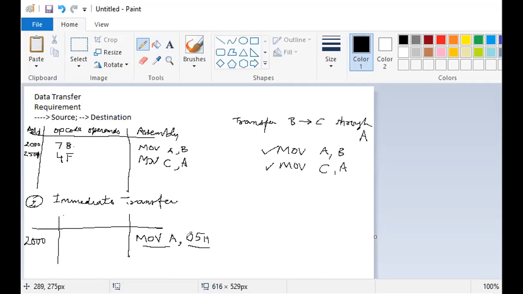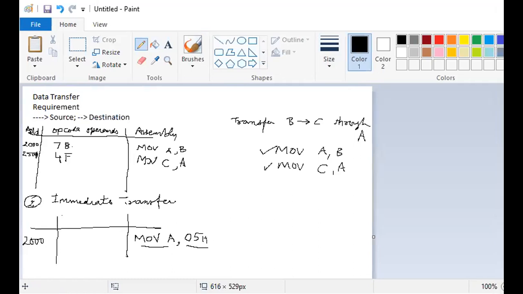The operation code for moving an immediate number into the register A, when you refer to the instruction here, move immediate, so here it is, let me correct it.